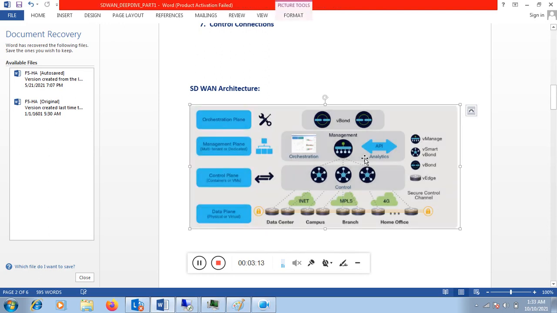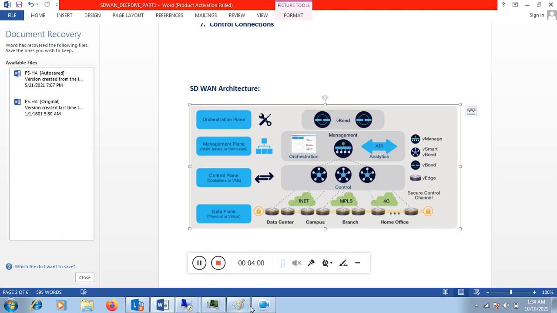So with SD-WAN you have the orchestration plane taken care of by vBond, the management plane taken care of by vManage, the control plane taken care of by vSmart, and then you have the CSR, vHS or the ISR routers taking care of the data plane. vBond is used for the authentication and the provisioning of the SD-WAN fabric, whereas vManage is used for the configuration of the routers. vSmart will take care of the control plane, like all the routing protocol exchange, and the actual data transfer will be done by the SD-WAN routers.